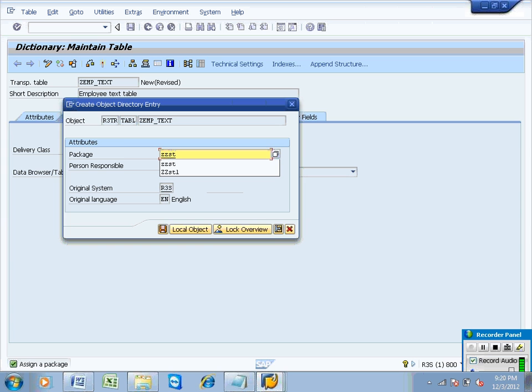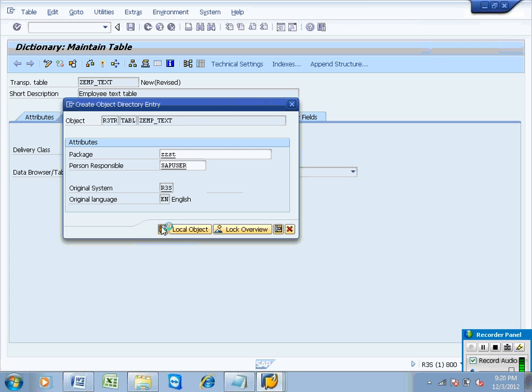You develop objects in the development environment, and later on you transport these objects into the quality and production environments. This object needs to be selected in the transport request so that it can move to the later environment. That's the reason it is asking for the package first. Later on, once you provide the package, the system will ask for the transport request.